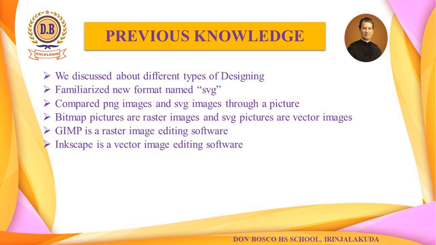But in SVG pictures, what is happening? These SVG pictures, or vector images, are defined by an equation. How can we draw vector images? Vector images are obtained by defining a path between 2 points. We can name them as X and Y points. That path can be of any geometrical shape, which includes circles or triangles or rectangles, anything, or a line.